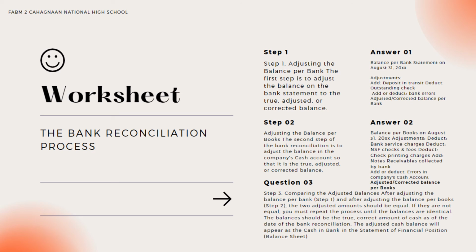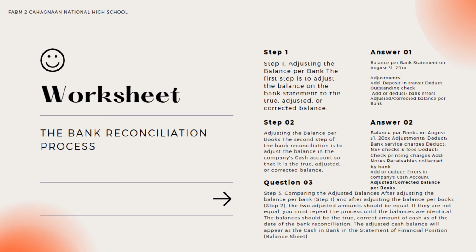Step 3, comparing the adjusted balance after adjusting the balance per bank and after adjusting the balance per book. The two adjusted amounts should be equal. If they are not equal, you must repeat the process until the balances are identical. The balances should be the true, correct amount of cash as of the date of the bank reconciliation. The adjusted cash balance will appear on the cash in hand, cash in bank in the statement of financial position